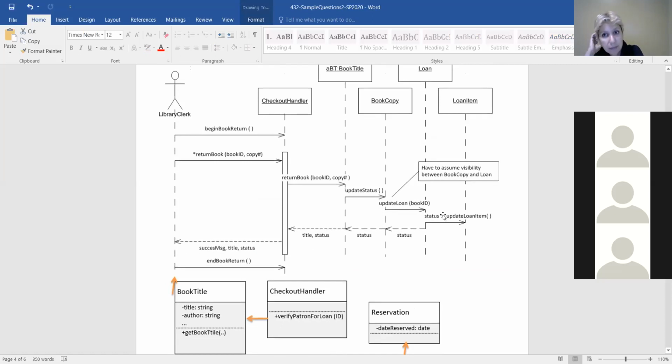Perfect, perfect. That's loan to loan item. This is a one-to-many association in the domain model. And you see the method call here. That's perfect, Giovanni, well done. So here,